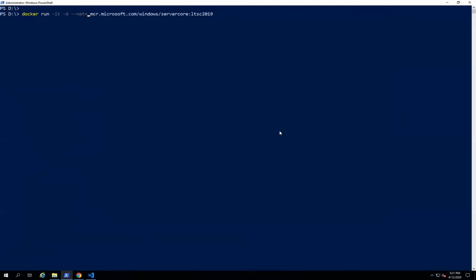Let's remove this, and I want to assign a name called win_container_1, and then the host name is win_container1, and then use this image to launch the container. All right, the container is launched.